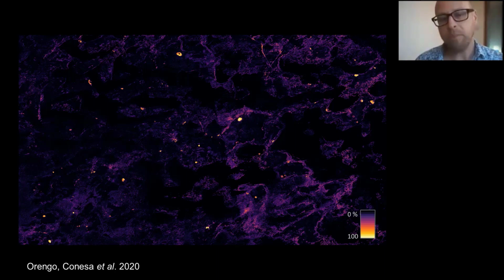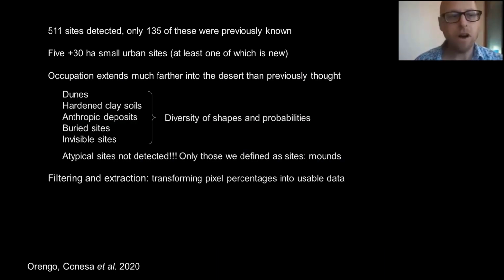This is a paper that was published last year in the Proceedings of the National Academy of Sciences. We were able to highlight that they discovered and documented over 500 archaeological sites, and only a third of those sites had been observed before. One of the things they noticed was that there were several very large sites, over 30 hectares in size. And so it does change the way that we think about the nature of urbanism and urban settlements in this